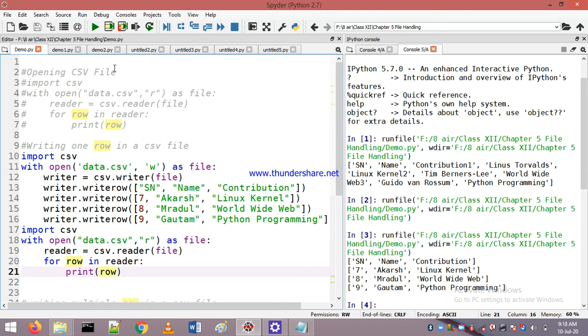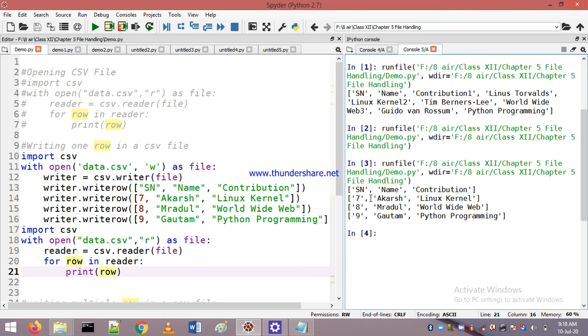Okay. So here you can see that now in your file serial number 789 is coming, name Akash, Mridul and Gautam. So our new data is coming, but the original data has been deleted or overwritten. As I told you, when we apply the write function, it will truncate or overwrite the old data and it will save the new data in our file. Okay. So that's why all the data is not coming. The new data is saved in our file.